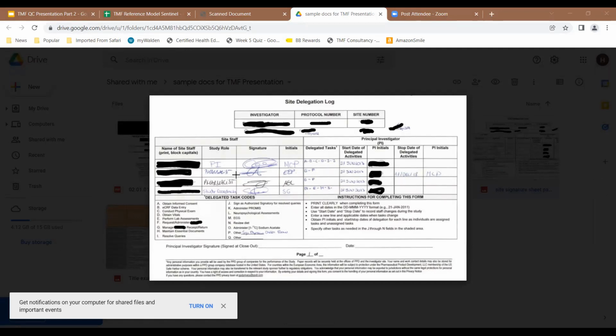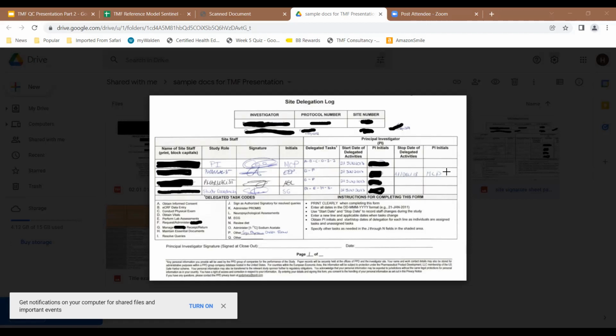So you can see that the pharmacists have the same delegation task, which makes sense, right? And then if somebody leaves, you should put the date, and then the PI needs to initial, right? And you can see his MCP matches the MCP here, that the person left the study and he's aware of it, right? Again, the overall goal of all of this is we're trying to tell the story of the study to show that it was run correctly, that everyone is aware, people know what's going on, and therefore it's more likely that it was